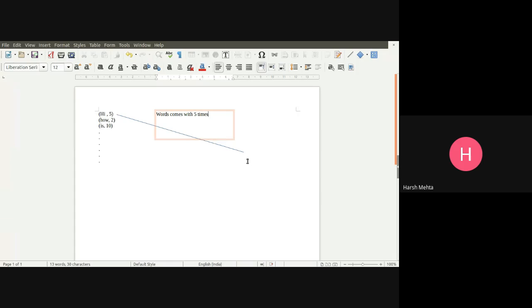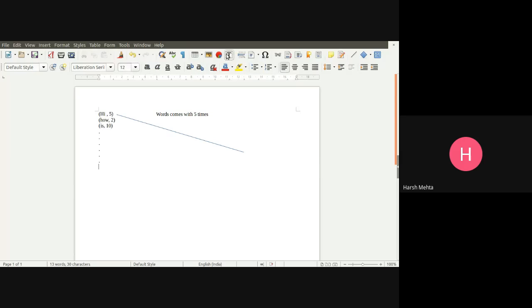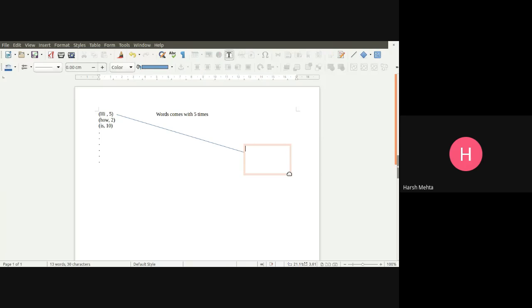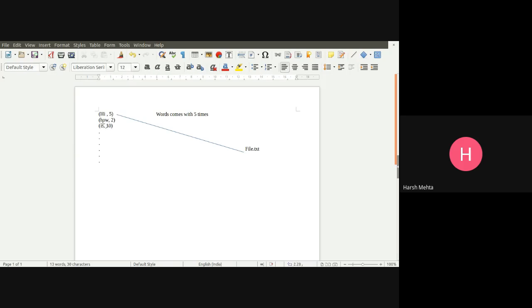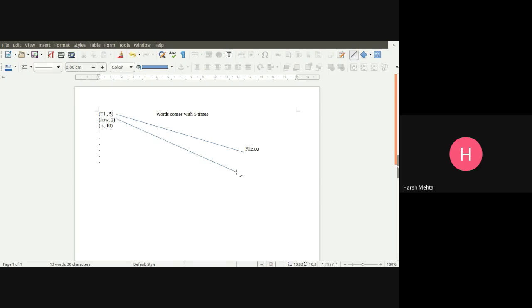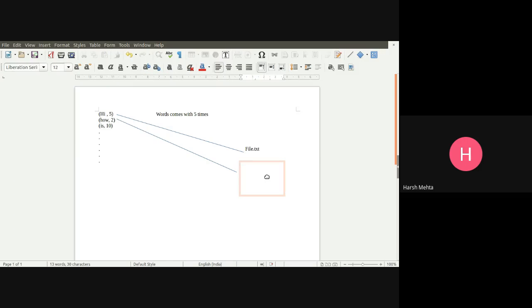I want those in one file, file.txt. Now, the second option is the words that come 2 times only. Now you see, a lot of things we are reducing. We are reducing analysis time. Otherwise, we would also need to analyze which word comes more times and which word comes less.